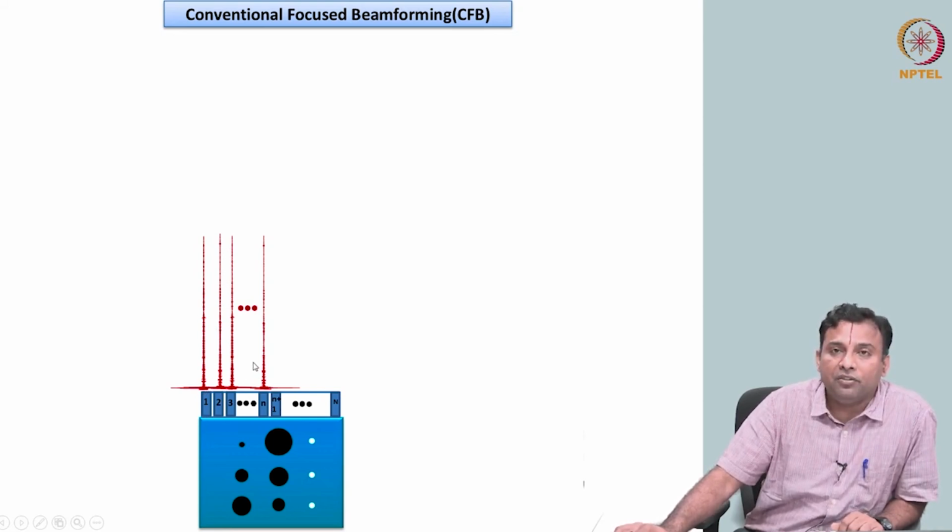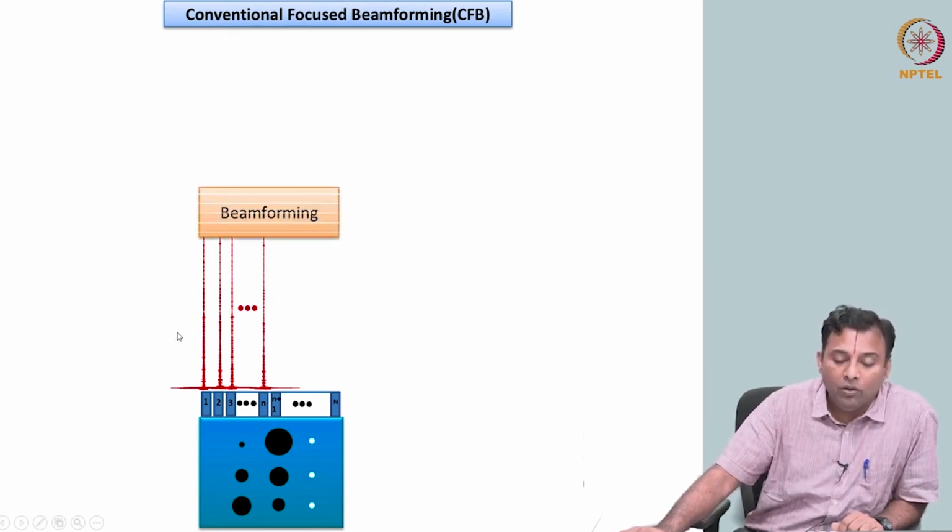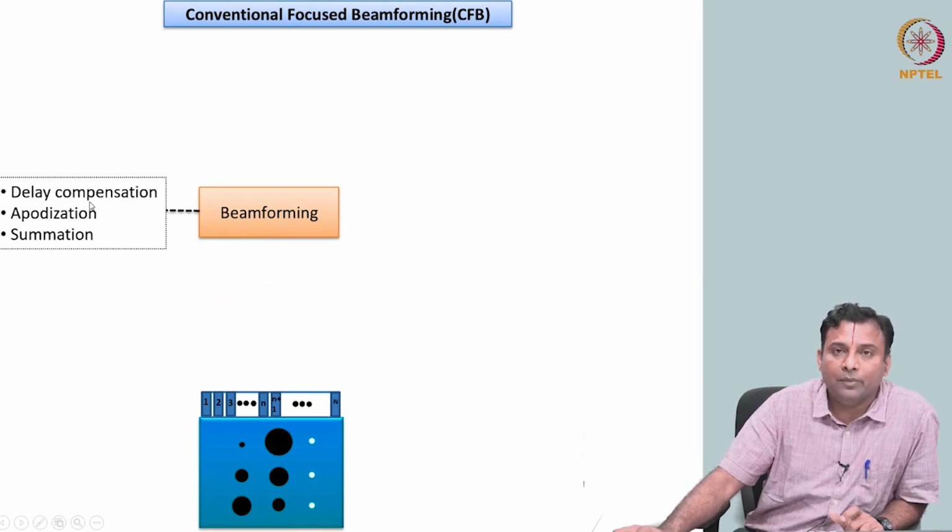So the advantage of using an array transducer is I have each of these as a separate channel. So now what can I do? I will go do my beam forming. What do I mean by beam forming? I will employ the time delay. I just calculated the time delay for receive beam forming. Same thing I can apply here. So each one will be delayed depending on which location they are. I will do beam forming, essentially delay compensation,